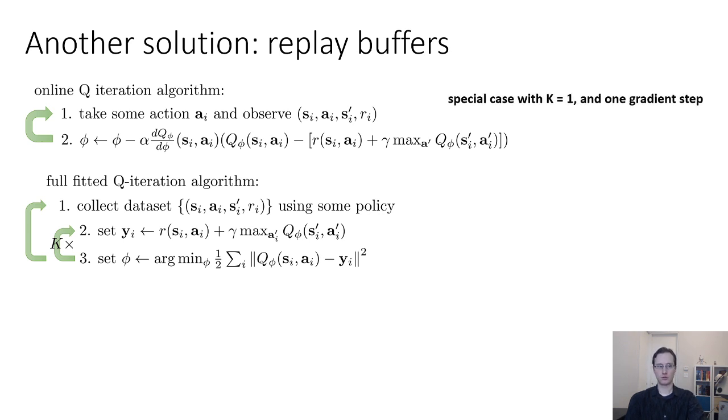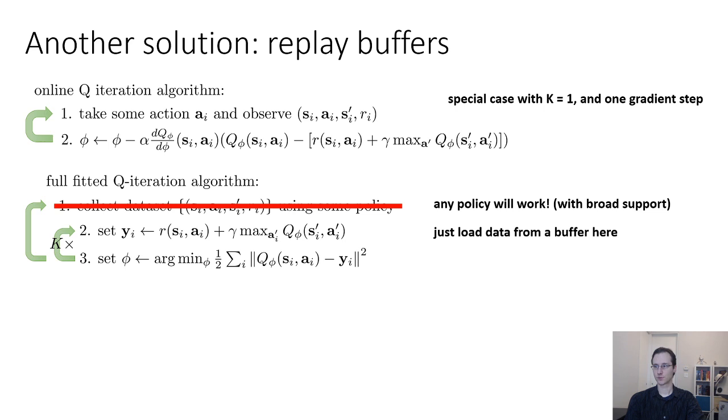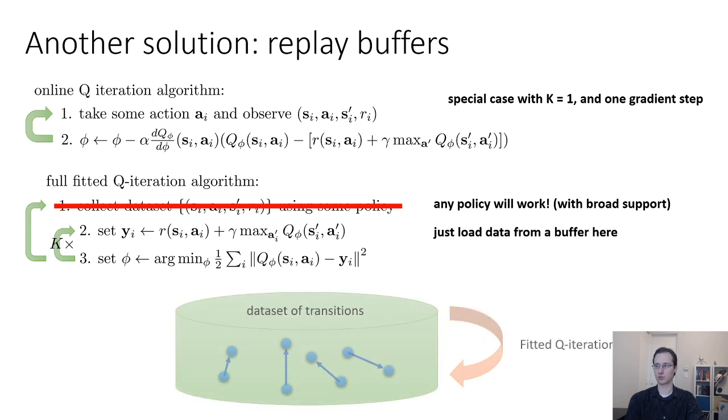So the online Q-learning algorithm is simply the special case of this when k is set to 1, and we take one gradient step in step 3. And of course, any policy for collection will work so long as it has broad support. So in fact, we could even omit step 1 altogether. So we could just load data from the buffer. So we can basically have a bunch of stored data loaded from a buffer in step 2 and then iterate